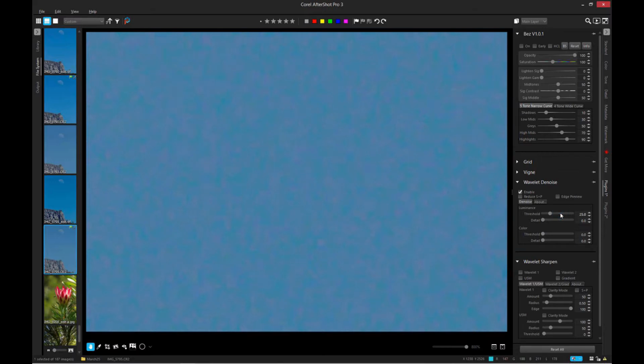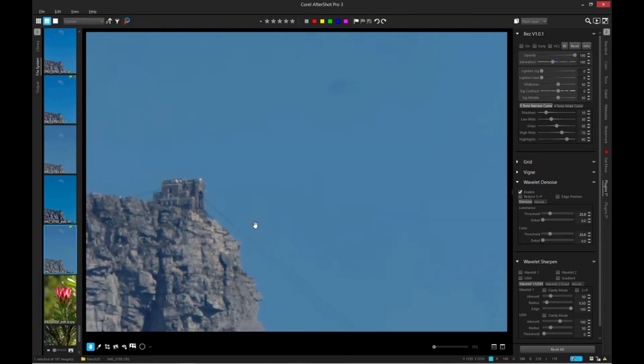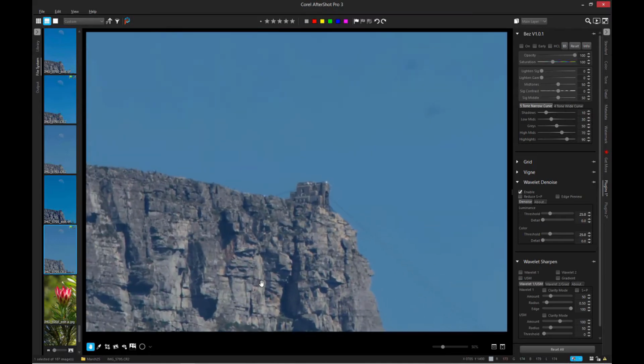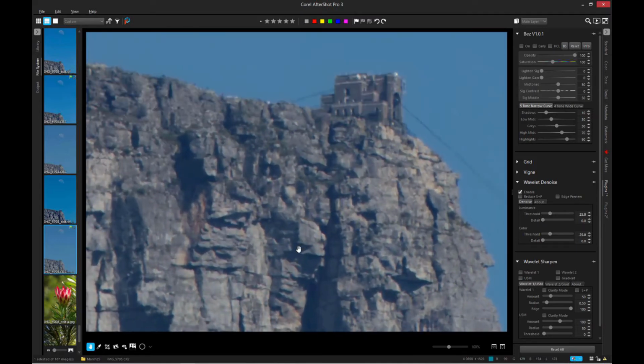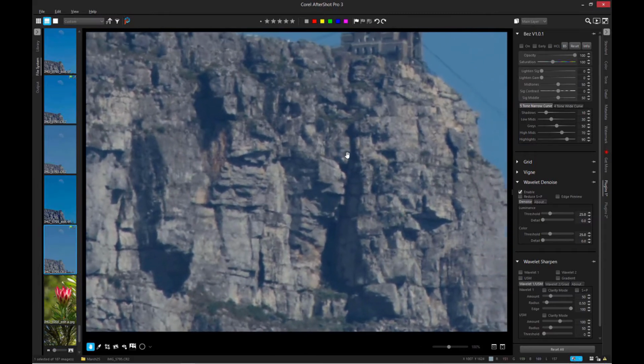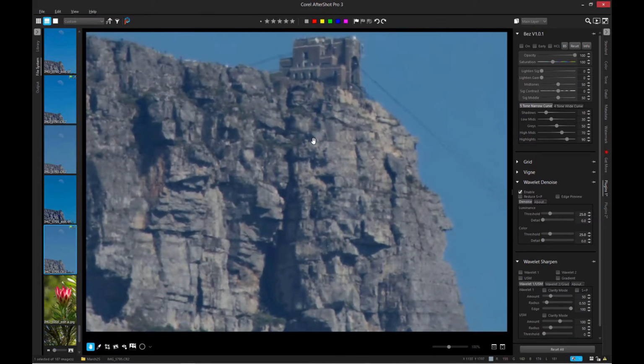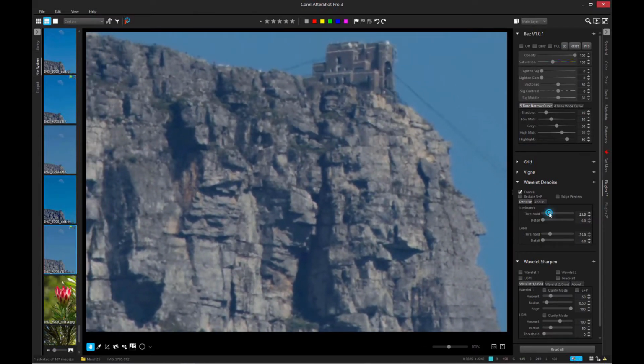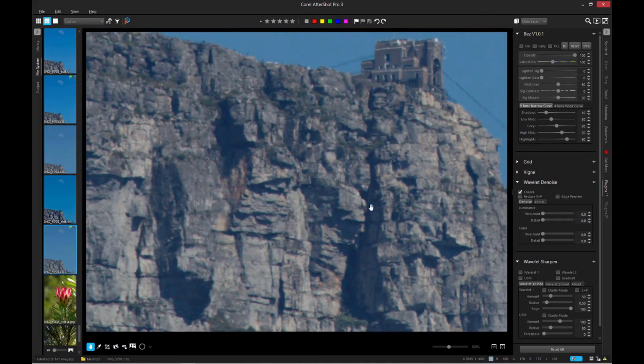And I try to get rid of the luminance and the color noise. That already looks pretty good. I don't want to overdo it because the mountain already has, due to the haze, not that much detail and sharpness, but that worked quite well. For comparison, let's do that again. This is before noise removal, and this is